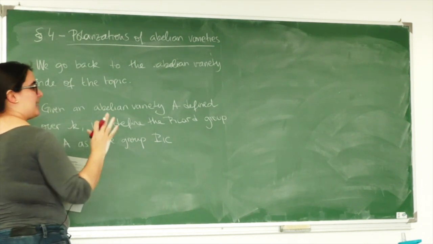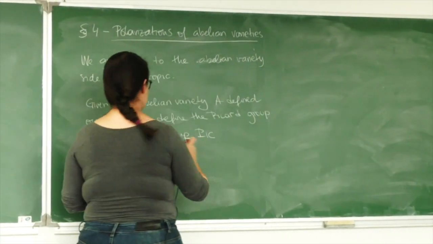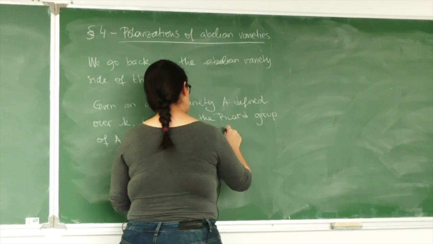I'm trying to keep X, Y for complex tori, A, B for Abelian varieties, so that we are clear on the side. So the group Pic of A